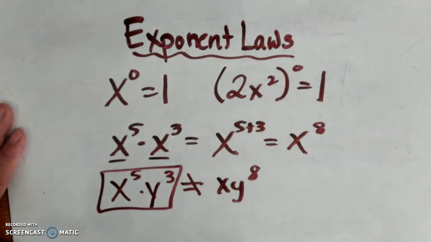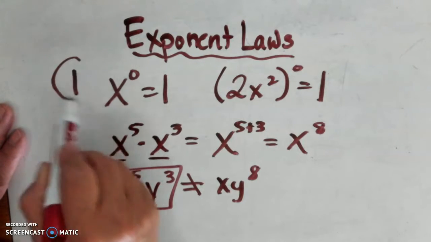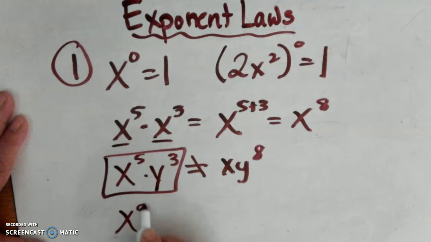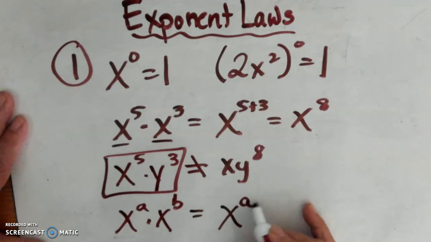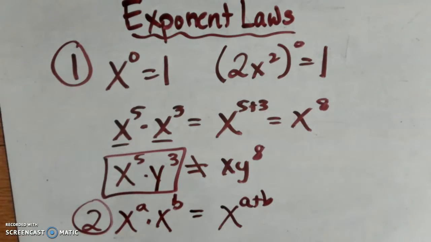Okay, so our first rule is anything to the 0 power is 1. Our second rule is that if I have the same bases and I'm multiplying them, then to find the exponent of the product is by adding those. That's our second one. Okay, our third rule that we went over was if I was dividing two